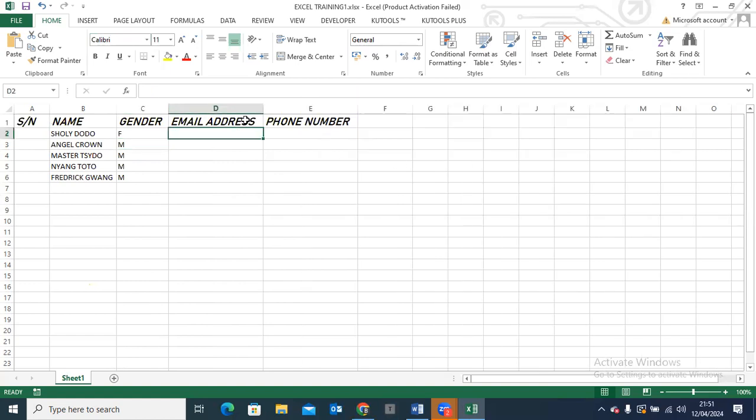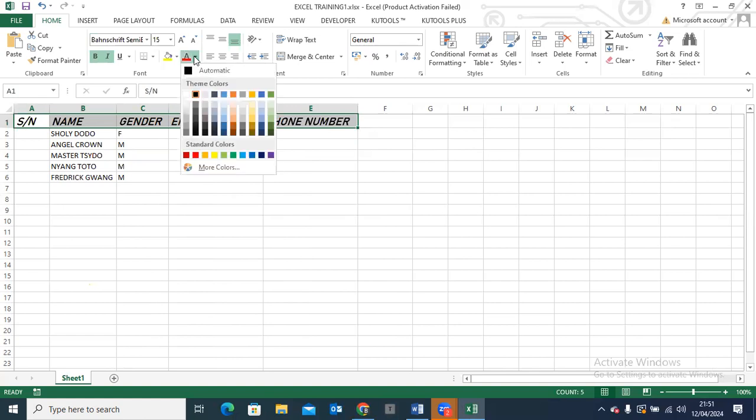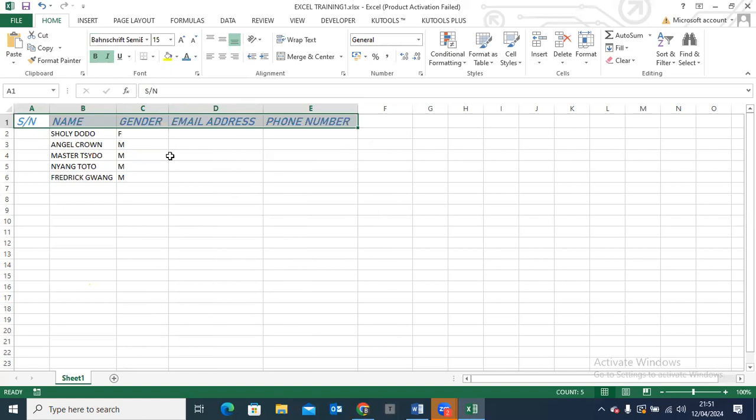You can actually change the color from here. You can change it to blue. You can change to green. I'll be changing to blue. Okay. Now,